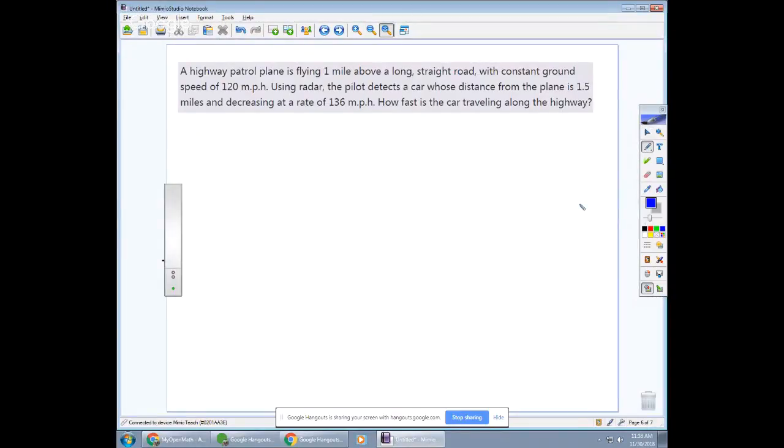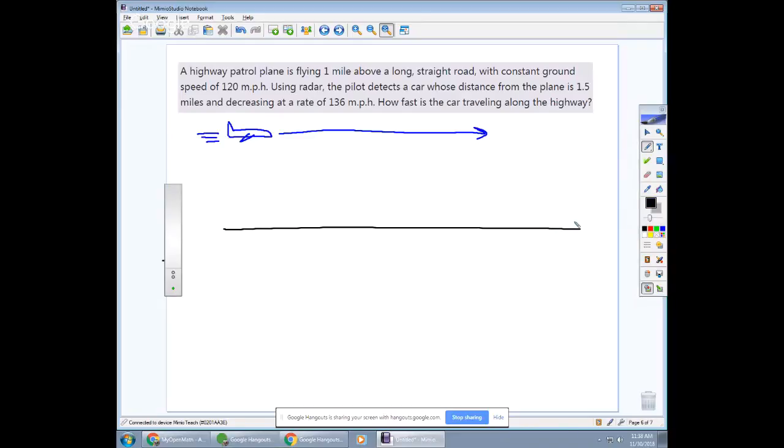All right, so let's see. Highway patrol is flying a plane. So we've got an airplane flying through the air parallel to some highway below. That's a cute little airplane here. Using radar, the pilot detects a car whose distance from the plane is 1.5 miles and decreasing. So the car is heading toward the plane. Okay. So the plane is